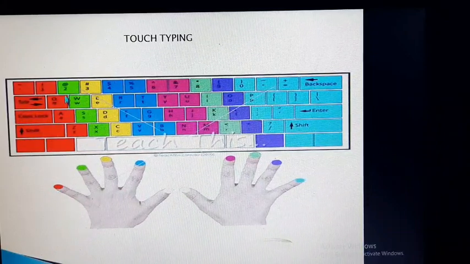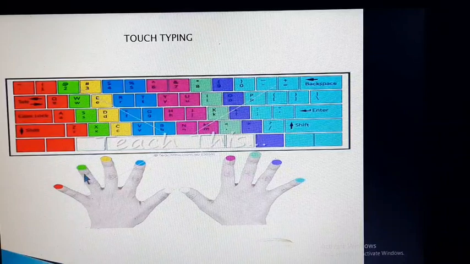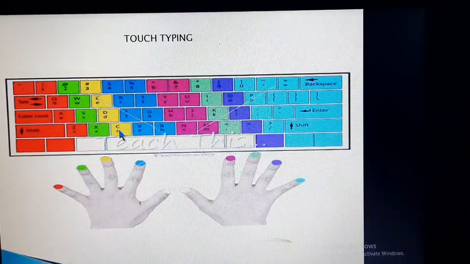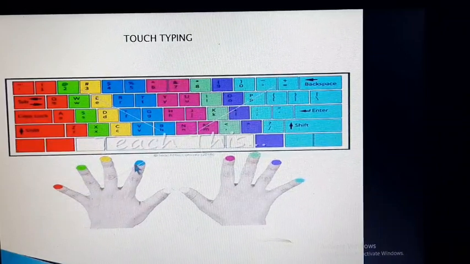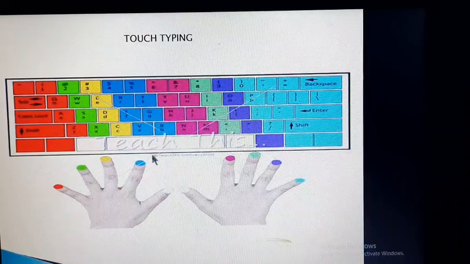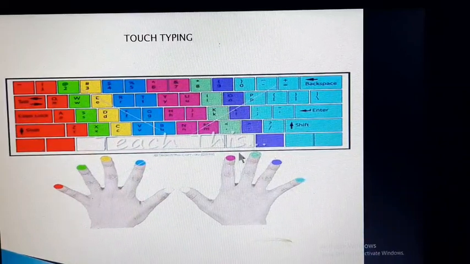These keys are reserved for the ring finger. These keys are for the middle finger, and these are for the index finger, and the thumb is for the space bar.